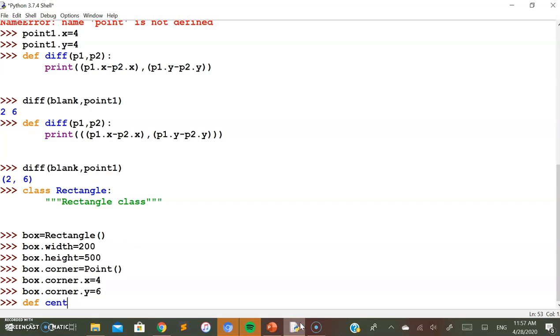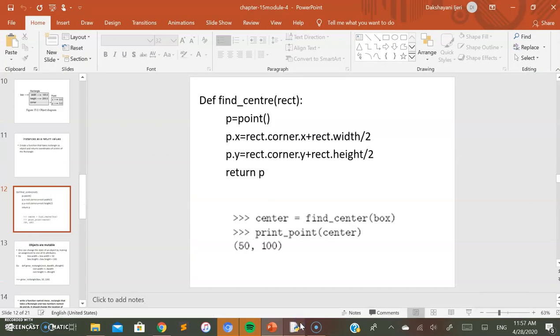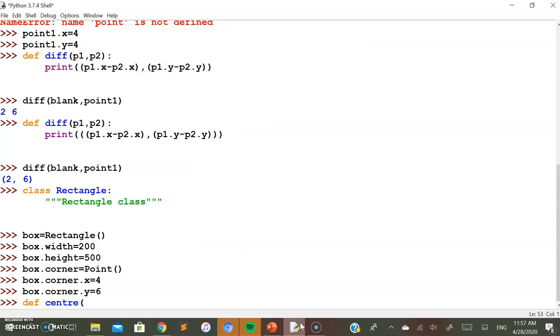I'll just take it as a definition center, which will accept the object of a rectangle here.